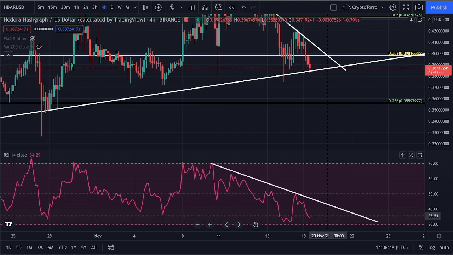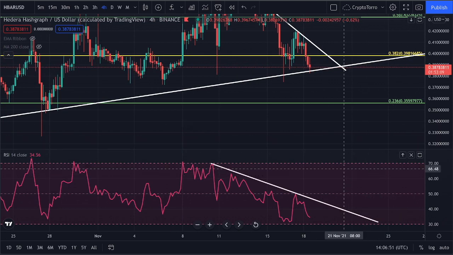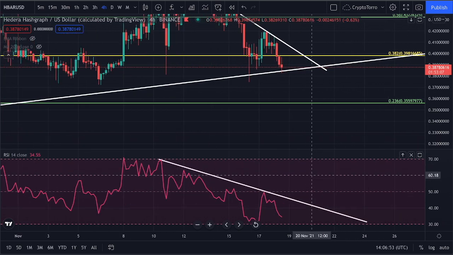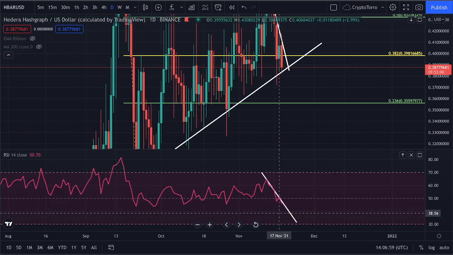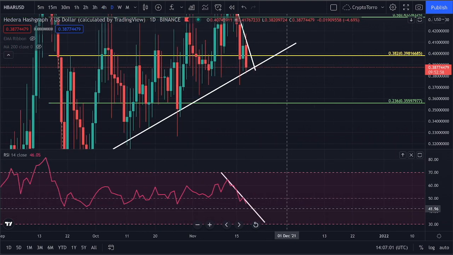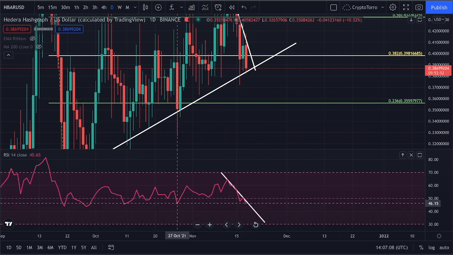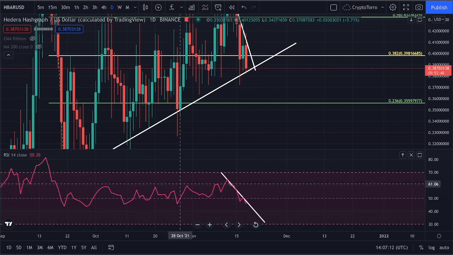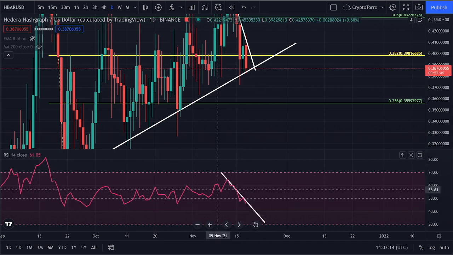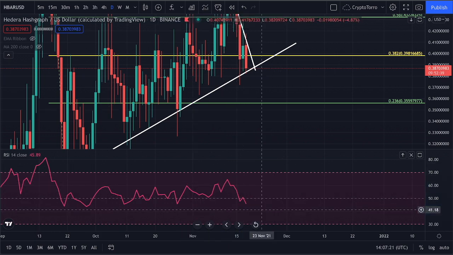So right now, I must admit, this looks good to me on the 4-hourly time frame. On the daily time frame, I'm a little bit more doubtful that we are actually going to be able to hold strong where we are currently at, because we are not seeing any type of bullish divergence yet. But if we see a minor breakdown, we will be starting to see a bullish divergence that might be able to hold strong for the upcoming days, or might be giving us enough strength to stay at the level where